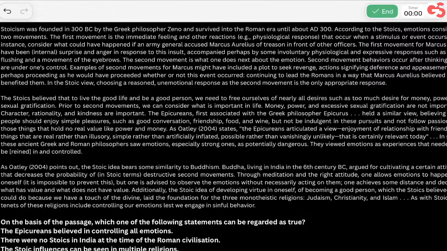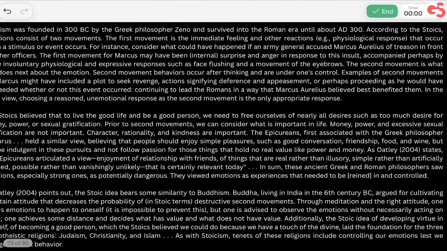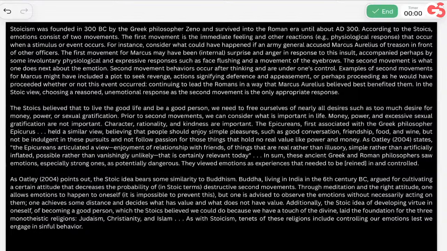All right, let's read the passage now. Stoicism दिख रहा है clearly? अब दिख रहा है। Stoicism was founded in 300 BC by the Greek philosopher Zeno and survived in the Roman era until about 300 AD. According to the Stoics, emotions consist of two movements. यहाँ से शुरू होगा असली चीज है ना, यहाँ से।